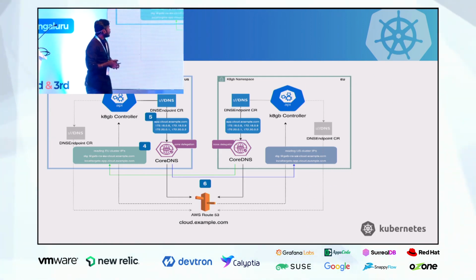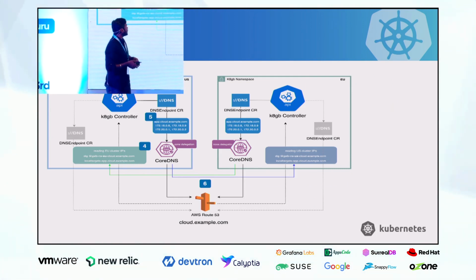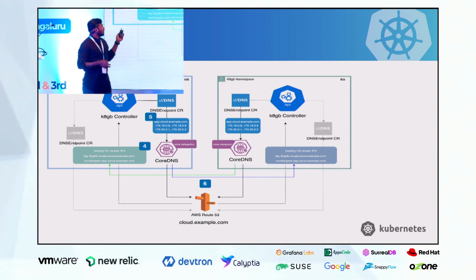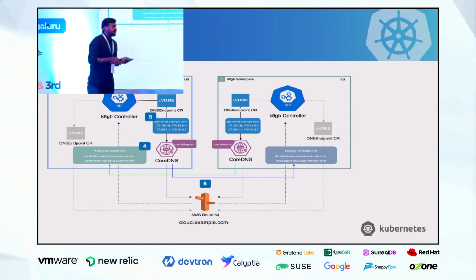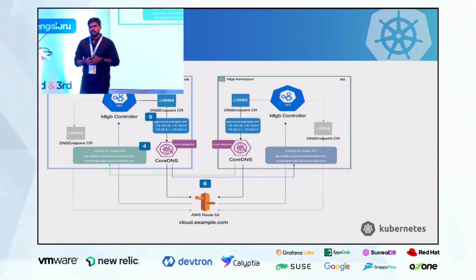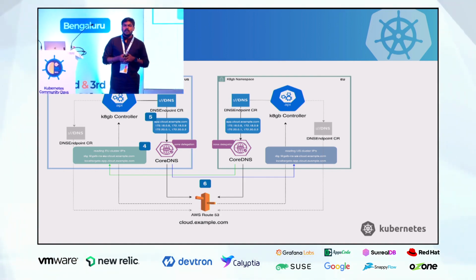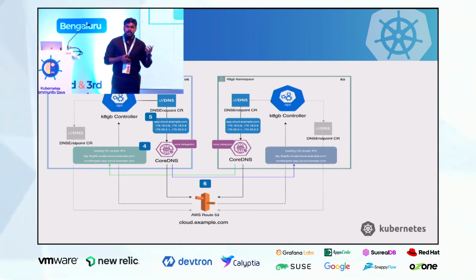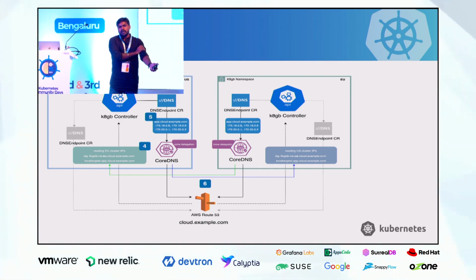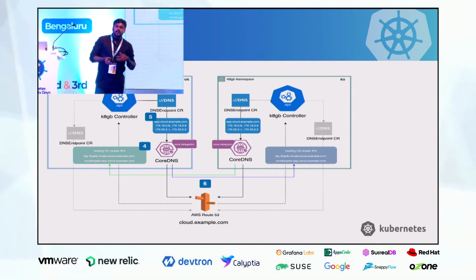Okay, so for this use case, I have considered two clusters. Let's say there is a cluster US and EU. From the previous slide, we get to know how this will work for a single cluster, where it is able to read the endpoints from the ingress and update the core DNS, and we have a zone delegation so that any